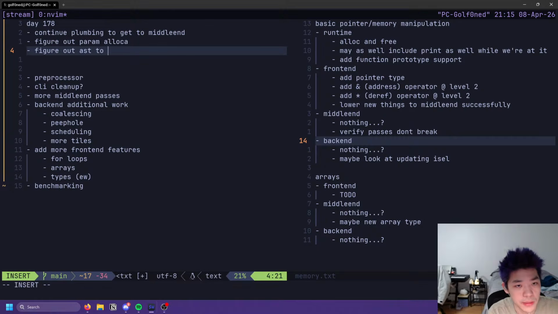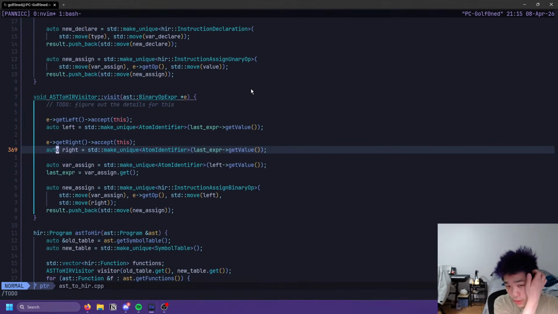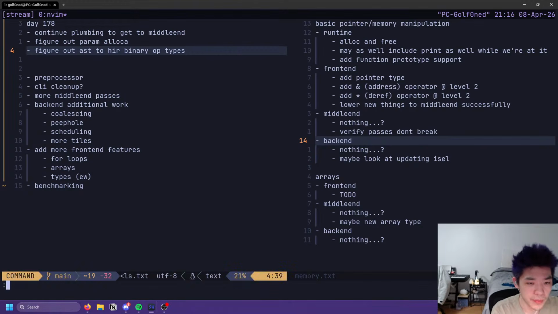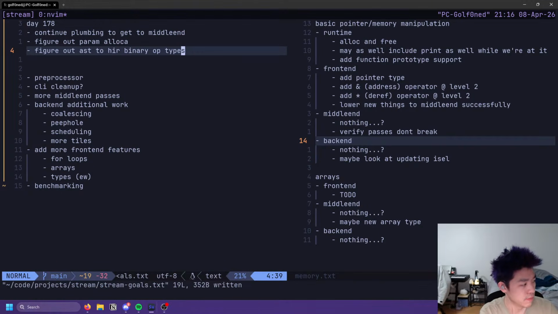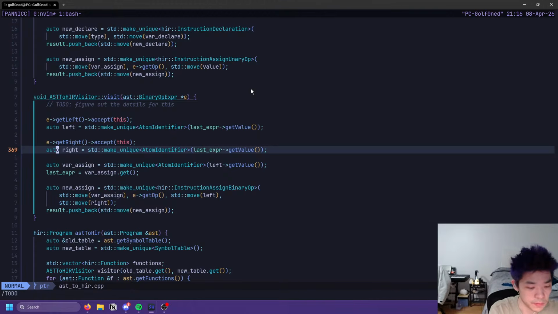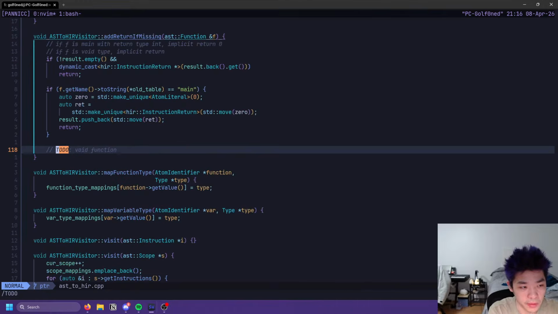Figure out AST to HR binary op types. Yeah, okay. I think that's probably a good enough place to call it though. I think that just needs more research, but I will look into it and it will be fine.